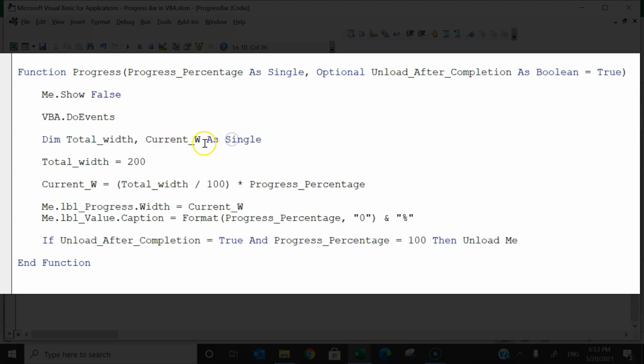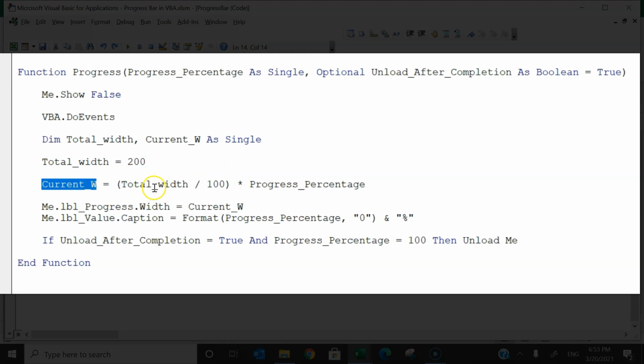Okay, so the current underscore W as single. So total width we have put here 200 because we are aware we have taken the total width as 200. Here you can change the number as per your requirement, if you are taking the total width, let's say 300 or 250, you just put that number here.